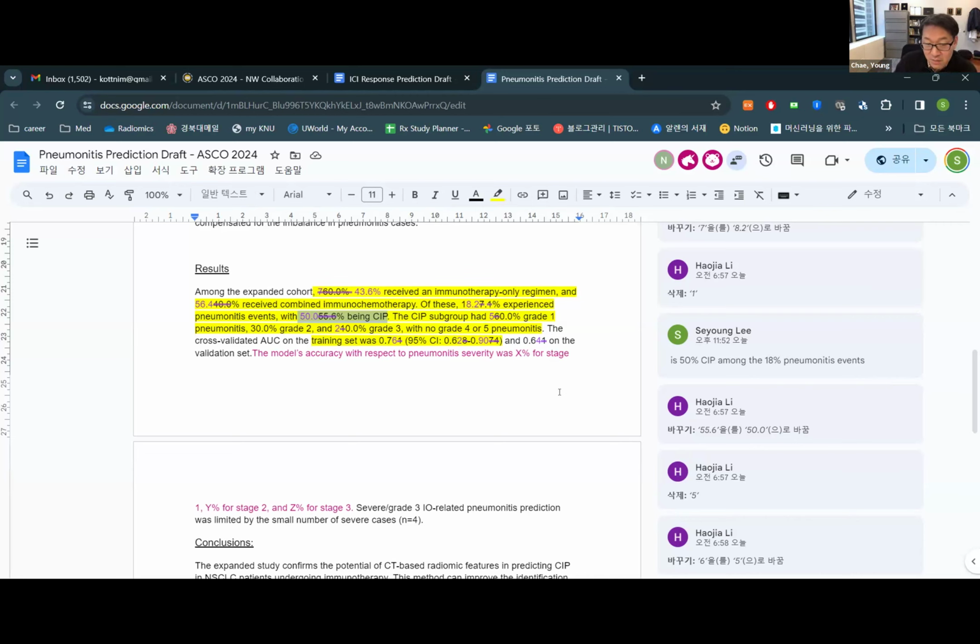Because everybody here got immunotherapy. Chemotherapy can cause pneumonitis, but it's hard to tease out. You can't say this pneumonitis was caused by chemo, not immuno, because they're given in combination. No one got chemo alone here. They're all potentially immune related. Do you understand? So I don't think we will have any time or bandwidth to do that today because today is the last day. But for the manuscript level, we've got to hone down. Why is it just 50%? I think it should be like 95%.